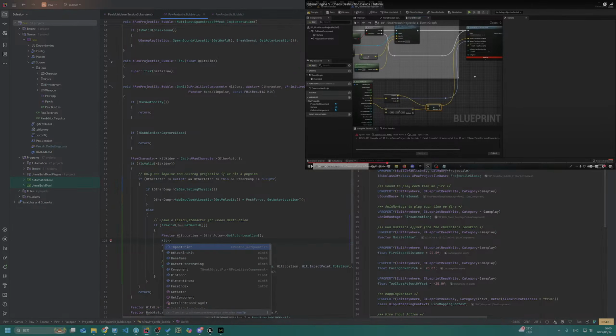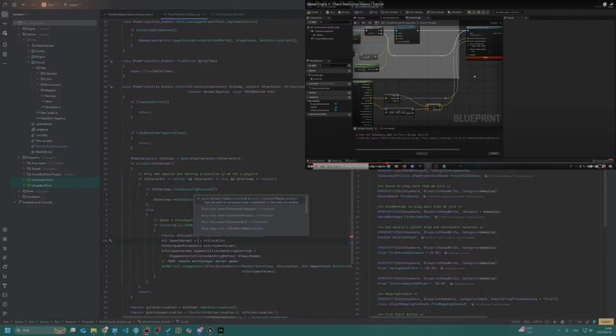Hit impact normal plus hit location. Also this time minus 5.